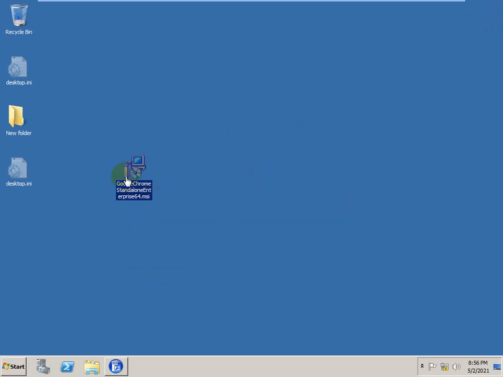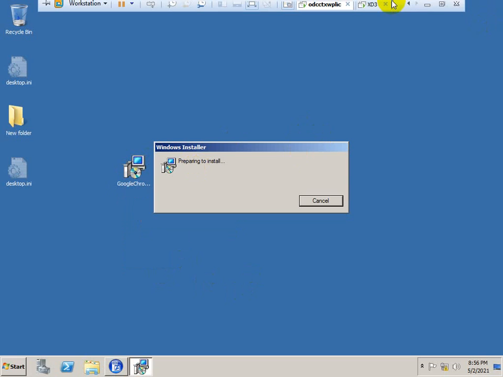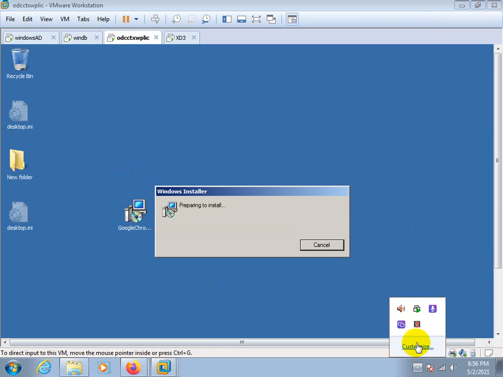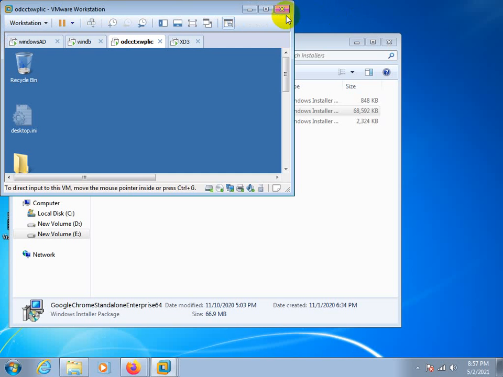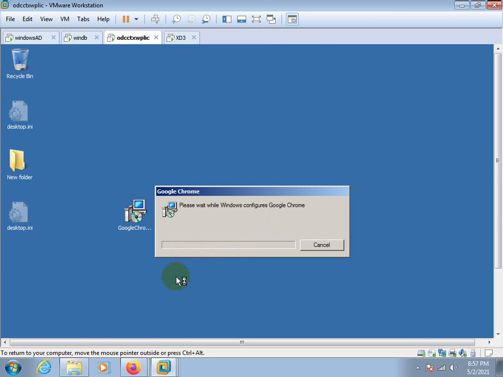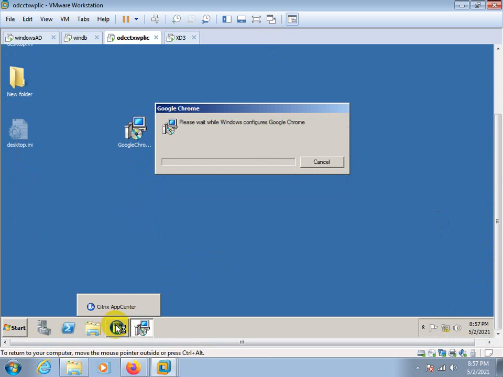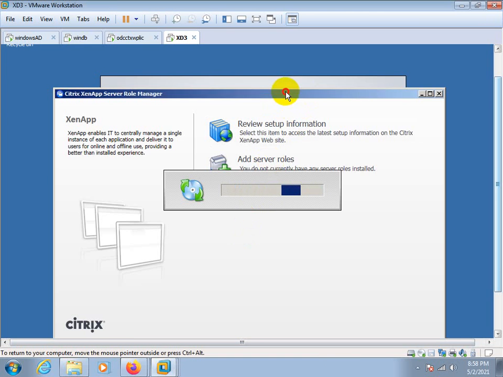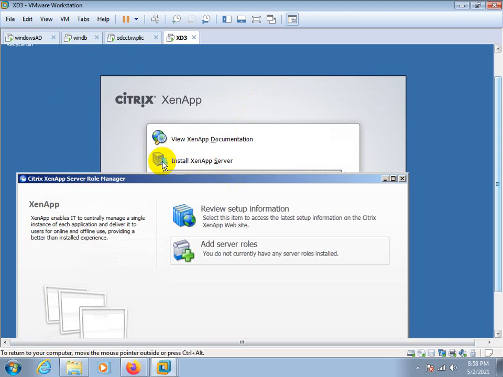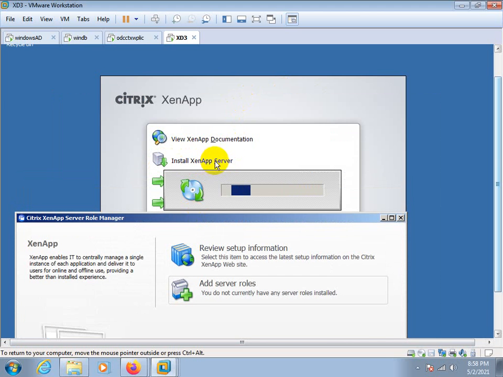I will paste it here in the Google. First we clicked on install XenApp server.